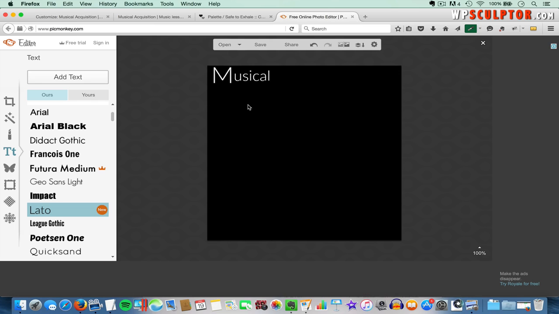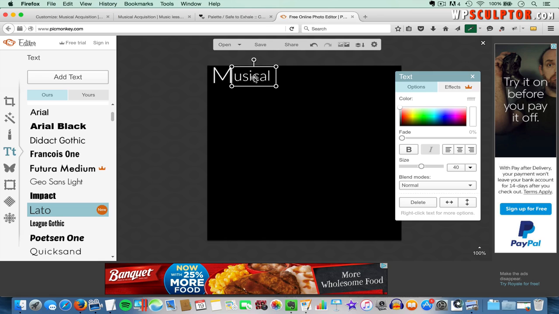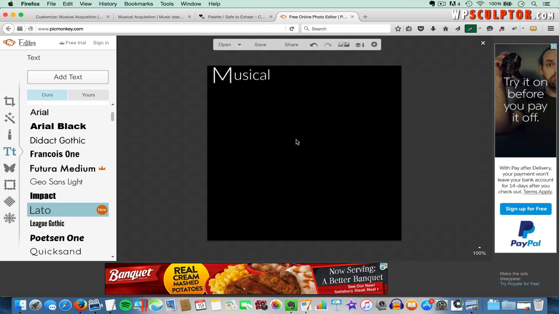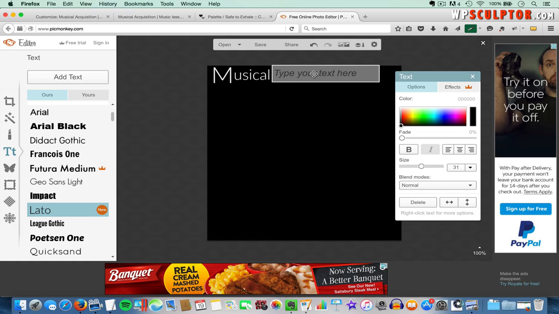And then I can click outside of the text box and have a pretty good look at it. And it looks like I want to move the smaller part of musical up a little bit, so I can select it and use the arrows on my keyboard to fine-tune the spacing. Click out. That looks pretty good. And now I'm going to click on Add Text again. Click, hold, and drag that up, and I'm going to click within the text box and type in letter A,